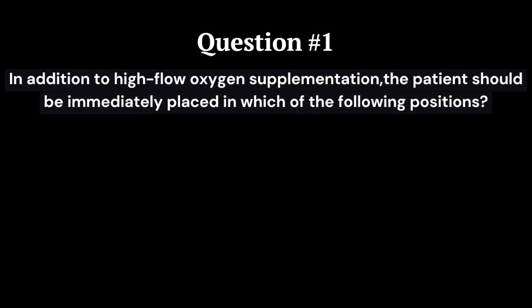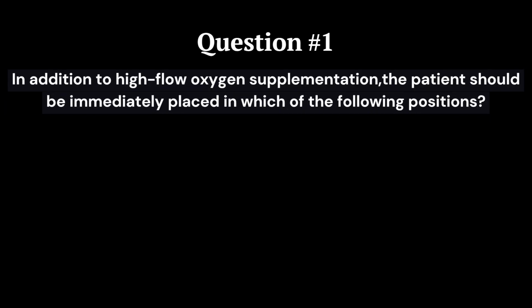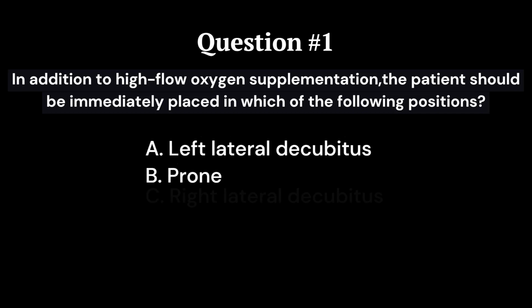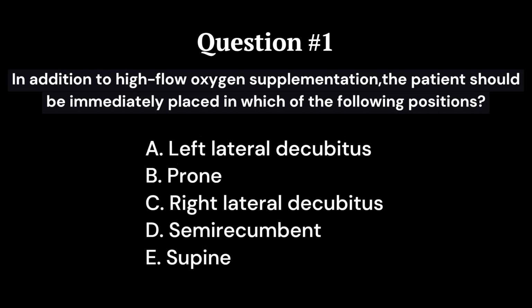For the following case, in addition to high-flow oxygen supplementation, the patient should be immediately placed in which of the following positions? A. Left lateral decubitus. B. Prone. C. Right lateral decubitus. D. Semi-recumbent. E. Supine. The case scenario is: a 65-year-old man is evaluated in the hospital for acute onset shortness